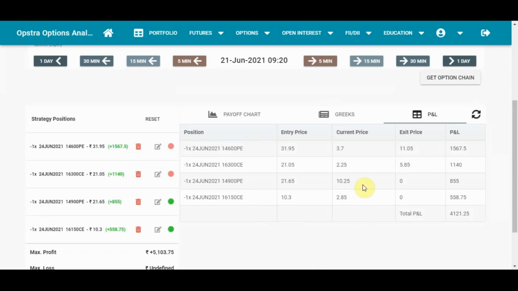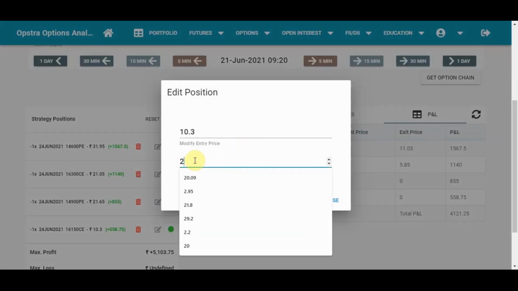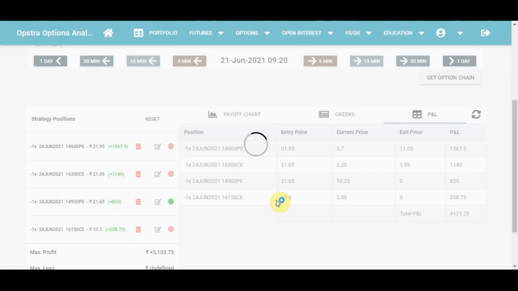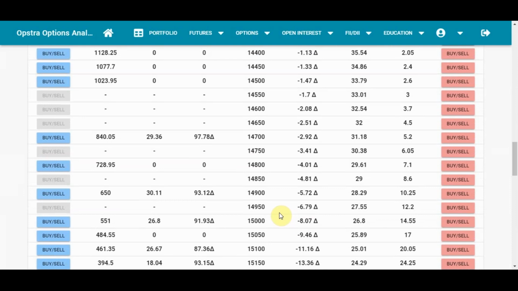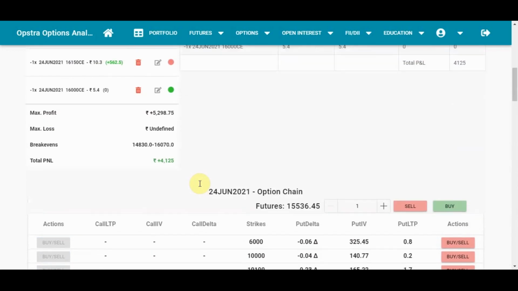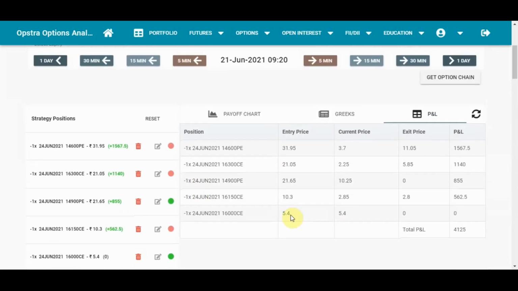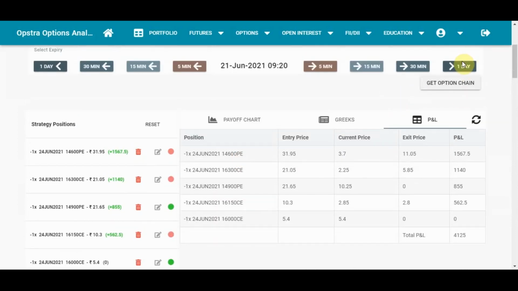Here we can see the put option has spiked up slightly and the call has fallen to 2 rupees. So what we do in this case is book out this call and roll it down. Approximately 2.8 rupees, so we exited this call and we'll now sell a new call. I'll sell a 16,000 call since my view is still bullish. It's just an example, you can do anything you like. So this is our open position, the 14,900 put and the 16,000 call. So we'll go ahead.